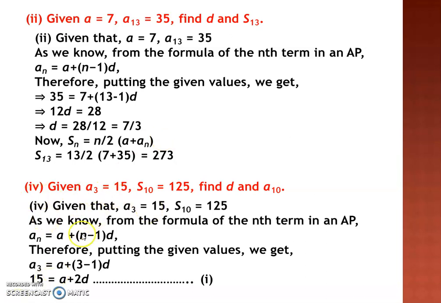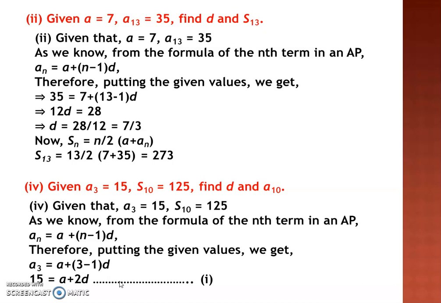And the fourth one is similar. So here A3 is given to you and S10 is given to you. You have to find D and A10. So A3 is A plus 2D, A plus n minus 1 D. So that is 15. This will become your equation 1. So you will form here two equations, and two variables are there, A and D. And from those two equations, you will solve for A and D